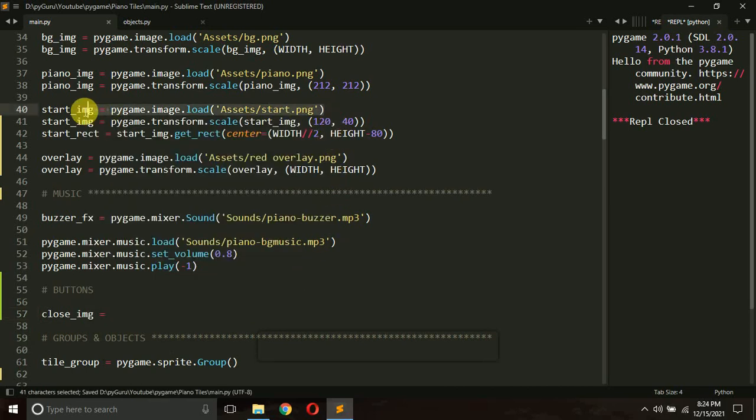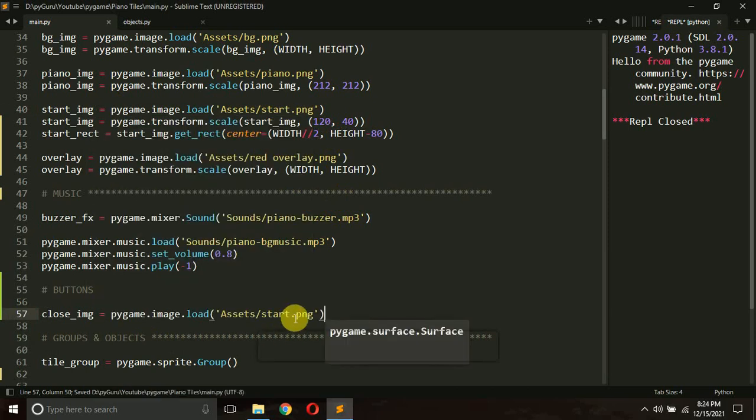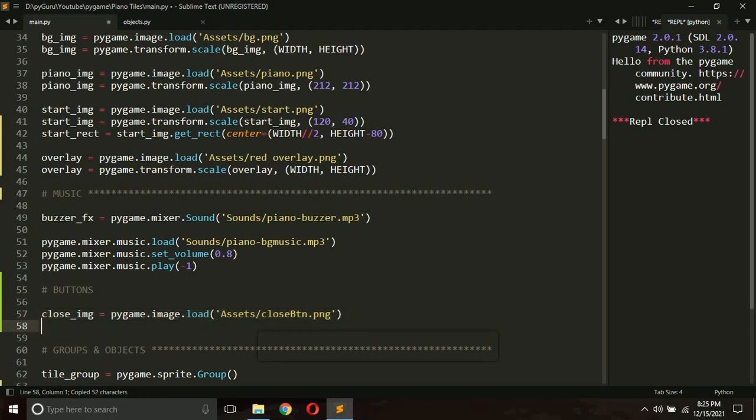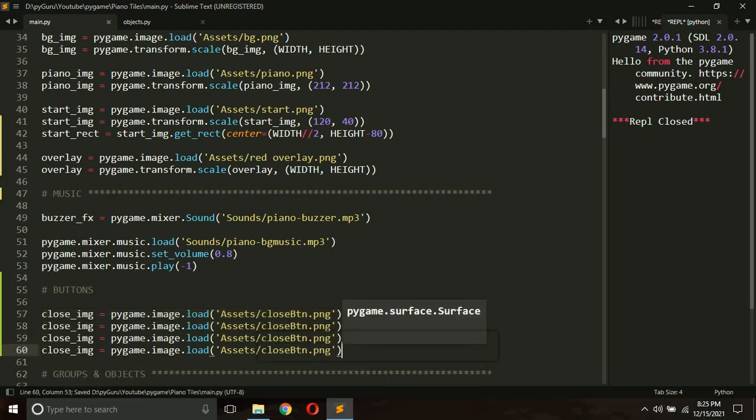Let me just copy this line and paste it here. Its name is close. Okay, so close btn. Again, let's just copy these lines, paste, paste, paste. So I have 4 images that I want to load. The close, then replay img. So let's just load the replay,